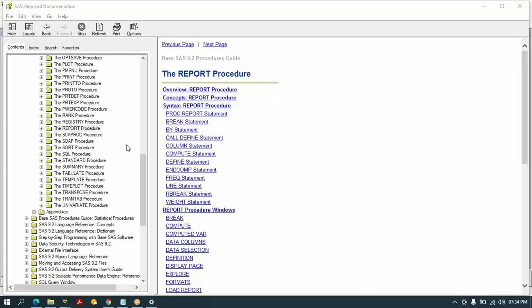So the next procedure is a report procedure. This is one of the important procedures to create reports, like how we use proc print. Similarly, we can also use proc report. But the major difference between these two procedures is that in proc report, each and every field, how you want to display it in the final report,